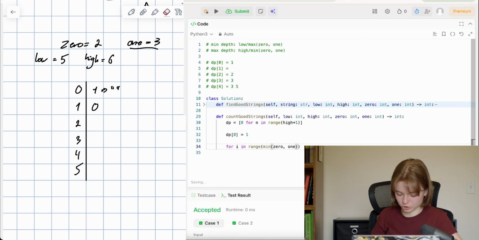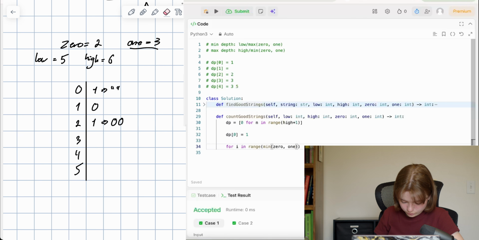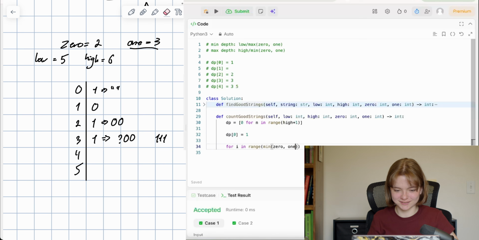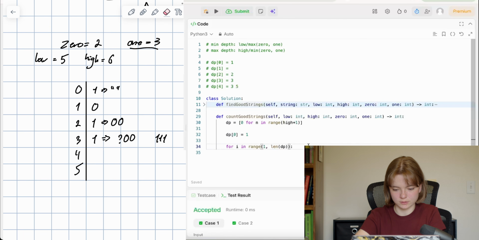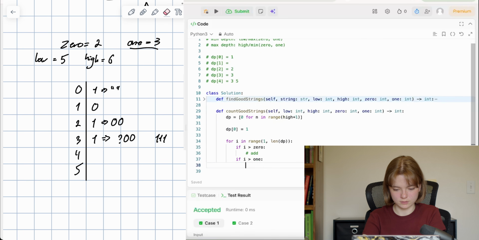So in this case, in range 2, there's no way to do that. To have a length of 2, we have to have 2 zeros, which is one way. For a length of 3, we can either end with 0, 0 or 1, 1, 1. Yeah, I feel like getting past this hurdle of either 0 or 1 as the starting point is too big. Actually, for I in range, let's say we're going through a DP list. If I is greater than 0, then we can add. Then if I is greater than 1, greater than or equal to actually, then we can do stuff.